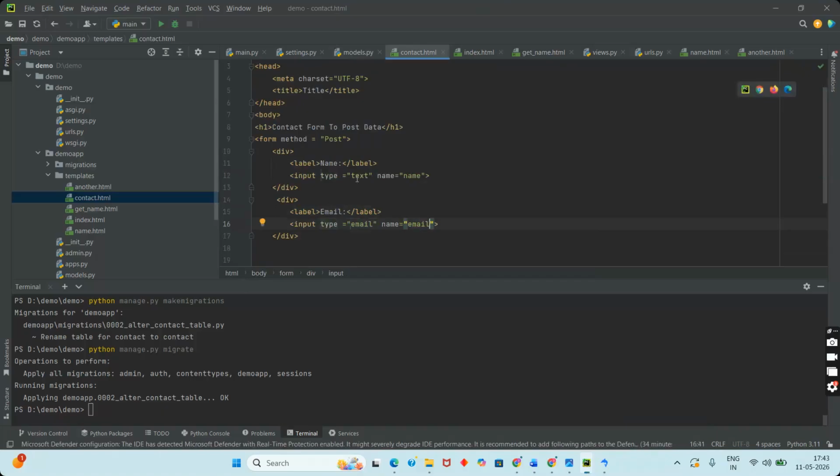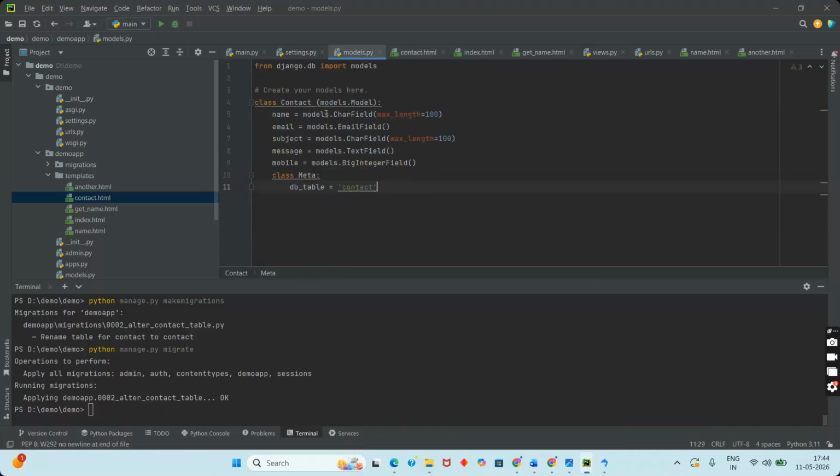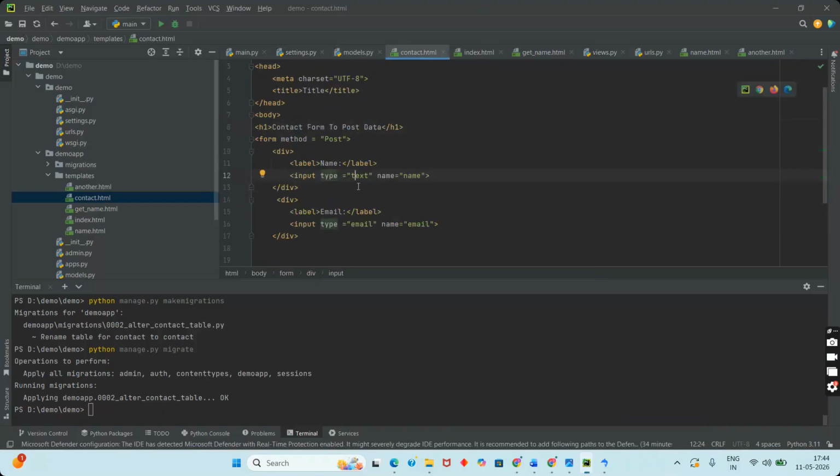Here we should not give capital letters, because from models we are writing, right? Here in models also we should not give capital letters. So here we should give only small letters. These small letters should be written in this input type also. We should not give capital letters here. Okay, so next field is,